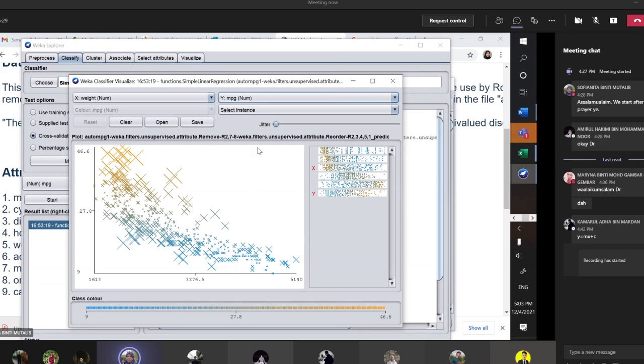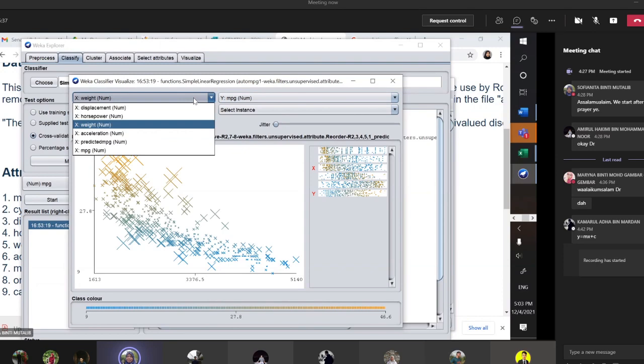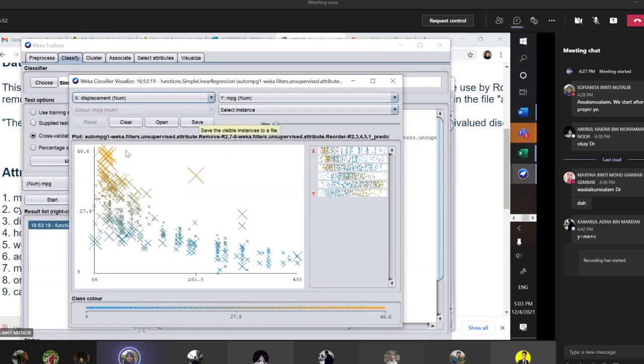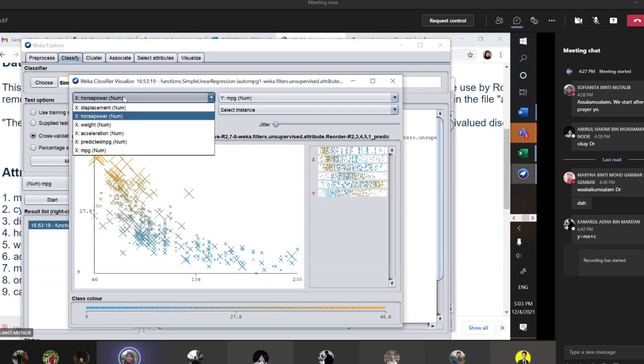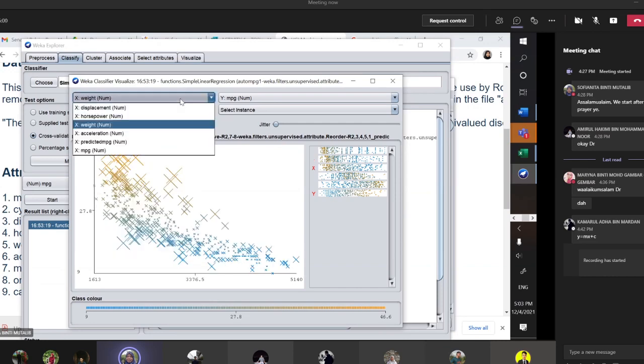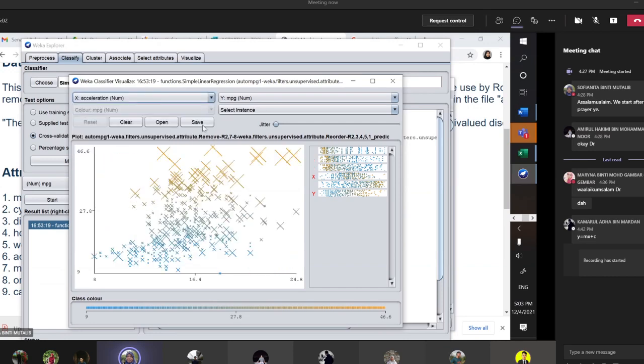All right. So this part also, if you see that, why did it pick weights? Probably you want to question your data. Then you can try to look at the patterns of other variables towards the target. For example, you go to the displacement, and then it goes to the horsepower. If you look at this data, actually each of the variables, except acceleration,